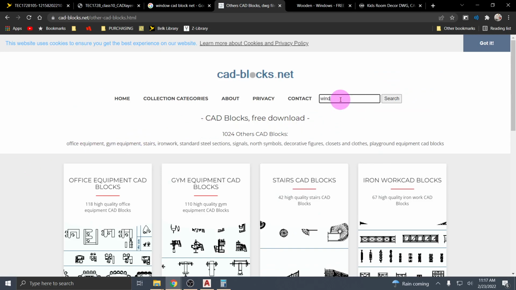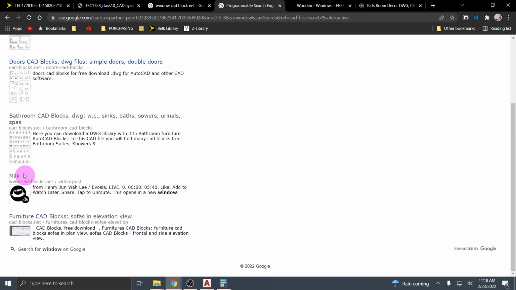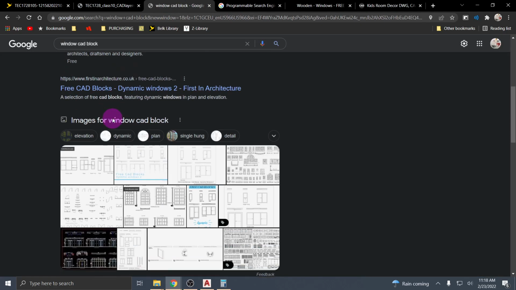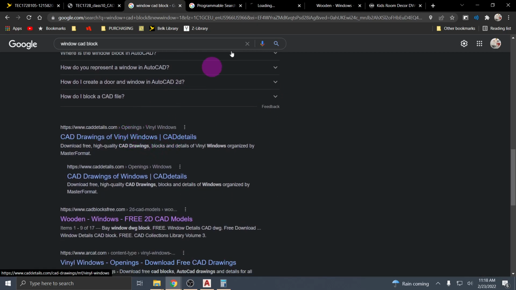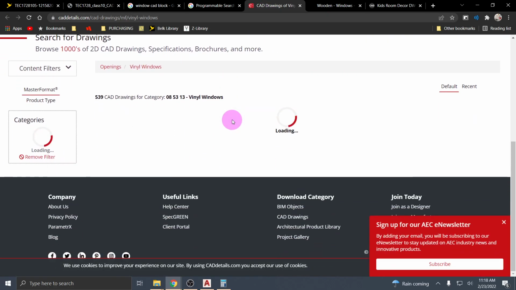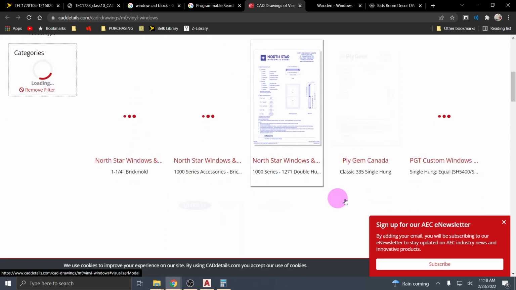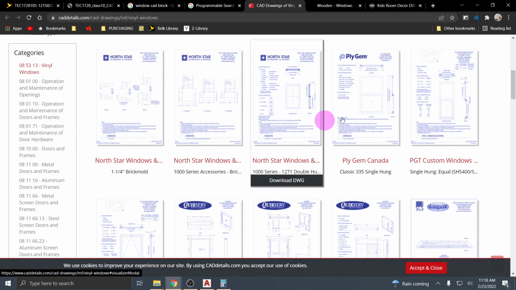Let's search right on their website for windows, unless they got rid of their window ones. Doors, bathroom, milk. Oh no, I guess they got rid of their windows ones. So, let's see. I don't want to spend too much time looking over different CAD blocks to download. These look like CAD blocks coming right from a manufacturer,